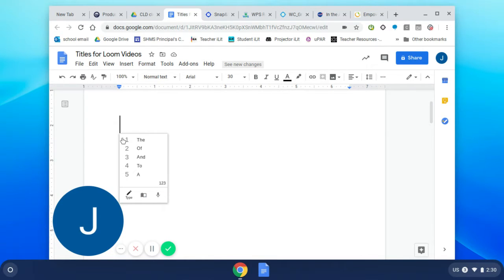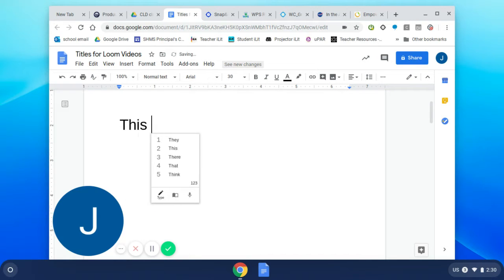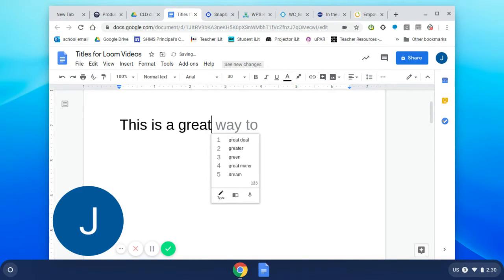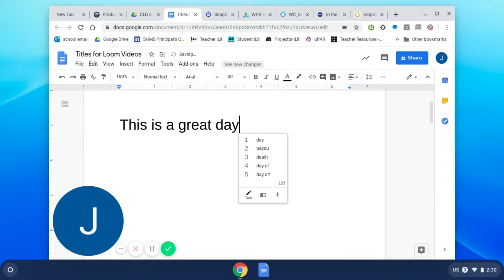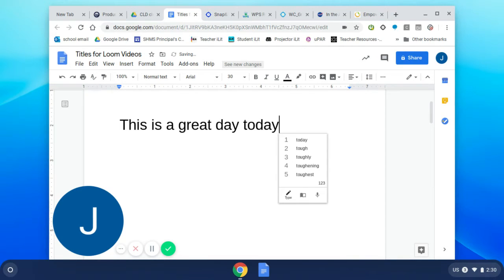So you know it's on because you'll suddenly have this box that's predicting some words. I'm just going to start typing, and you'll notice that those words change. So I might say, this is a great, and then it's predicting things I might say, or maybe I want to say greater, day to day. As I typed, it predicted what I was going to say, and once I hit the period,